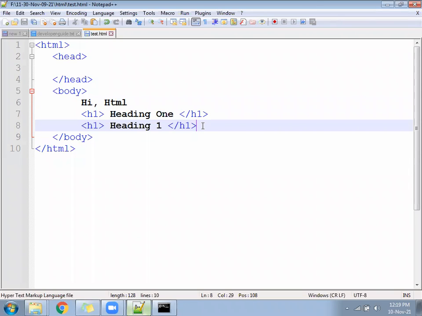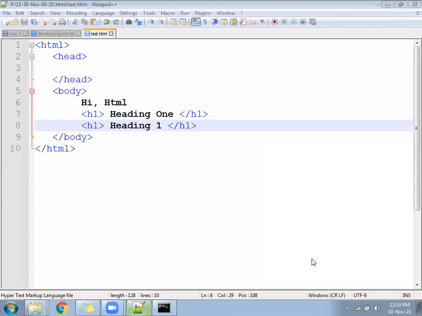Okay, so H1 is also dependent, correct? Open close is there. H1 is also dependent only because there is an open and close. Now we will save the file and run it, executing in the browser.